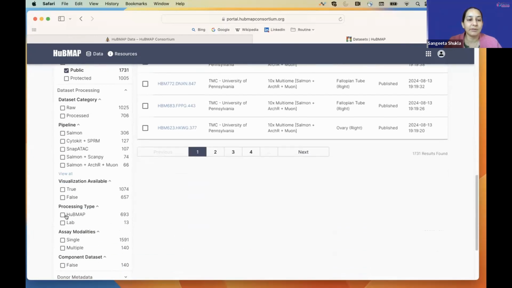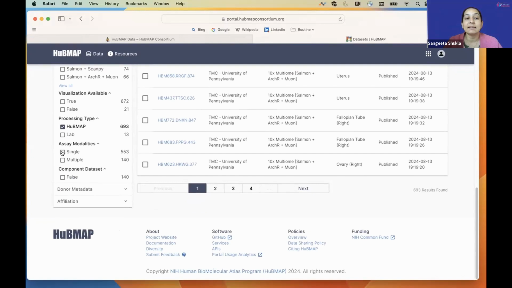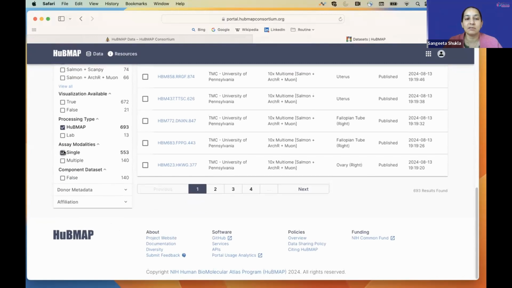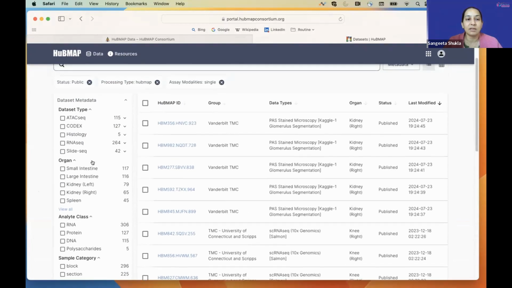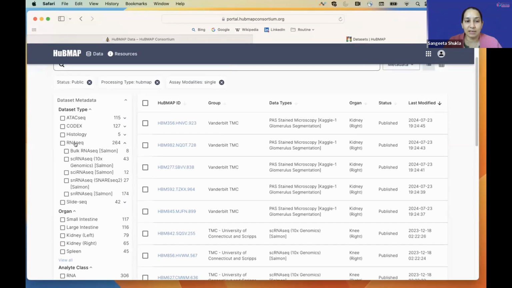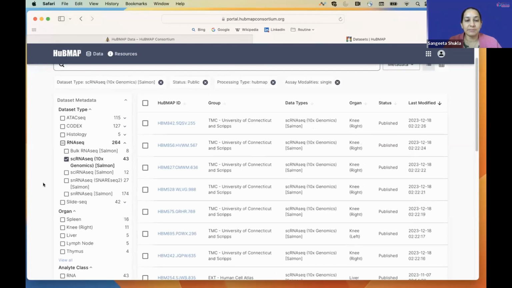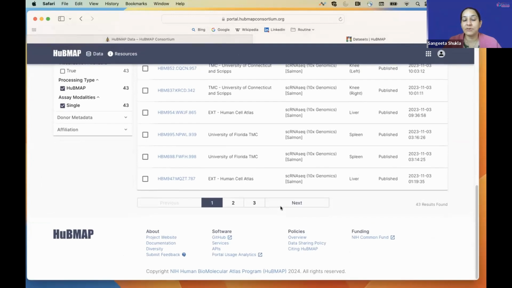From that, I'll only look at data that was processed within HuBMAP, and I will look at a single cell kind of assay. So the modality that I want to choose here is single cell data, and then further I could specify whether the type of data set I want is ATAC-seq or RNA-seq or anything else. Let's look at what options I have under the RNA-seq analysis. I also have access to bulk RNA-seq data and single-cell RNA-seq data. For now, I will look at the single-cell RNA-seq data, and I see that I have some 43 results found